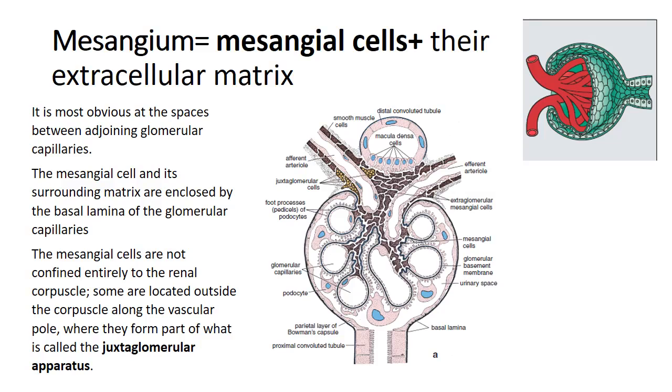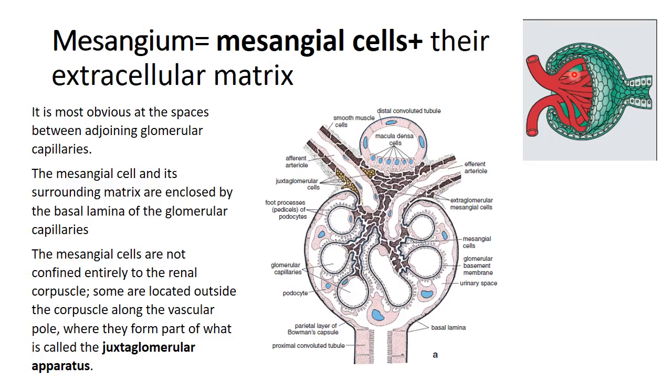In the final part of our lecture, we will discuss the mesangium. Mesangium is an important component of the renal corpuscle, and it's formed from mesangial cells and their extracellular matrix. Mesangial cells and the mesangial extracellular matrix are very obvious at the spaces between the adjoining glomerular capillaries. So these spaces between the glomerular capillaries are filled with a special type of cells and a special type of extracellular